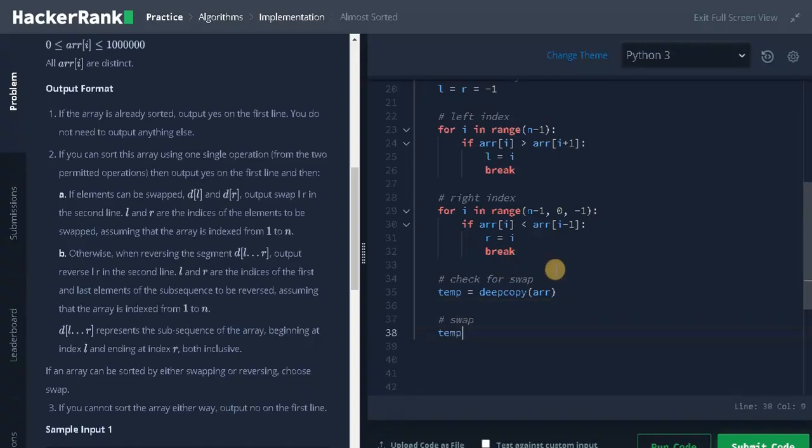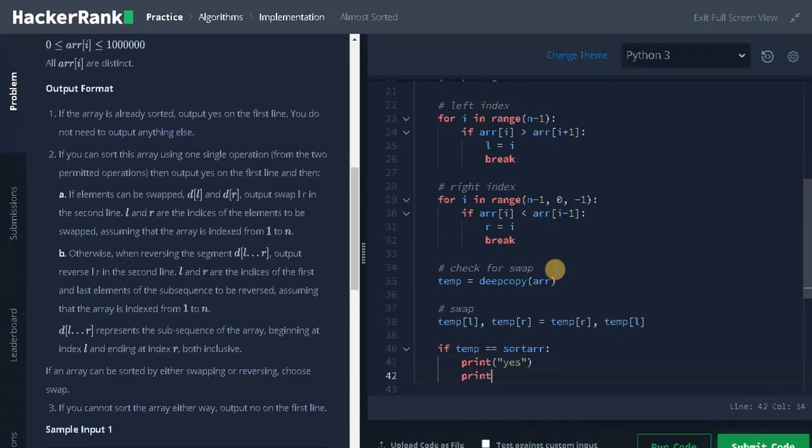Swap temp of L, temp of R equals temp of R, temp of L. After swapping, check for the condition. If temp equals sort array, meaning the array is sorted after the swap operation, we will print yes, and again